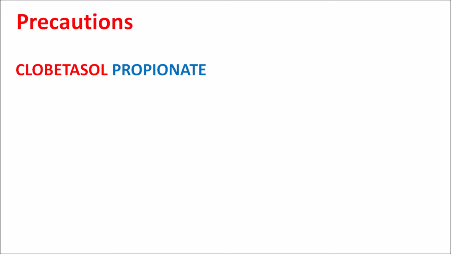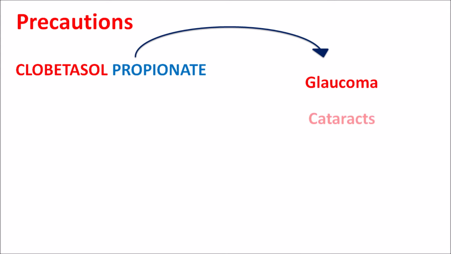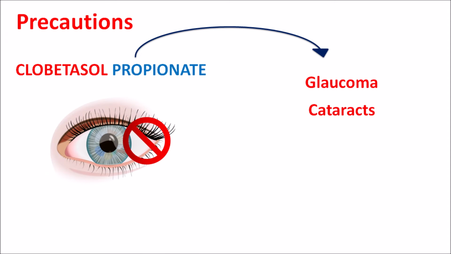Another important precaution is that clobetasol propionate can produce glaucoma as well as cataracts. So the risk of glaucoma and cataracts is increased with many of the corticosteroids. Since clobetasol is a highly potent corticosteroid, it can increase the risk further. That's why care should be taken to avoid contact with the eye as it increases glaucoma and cataracts within